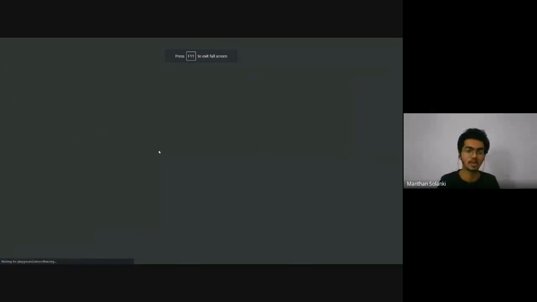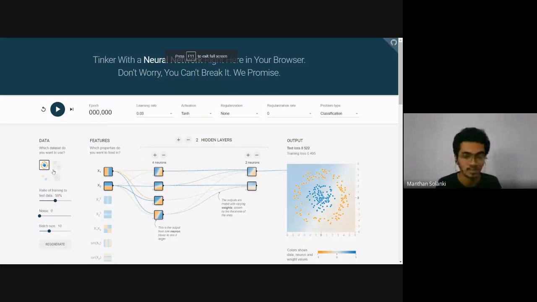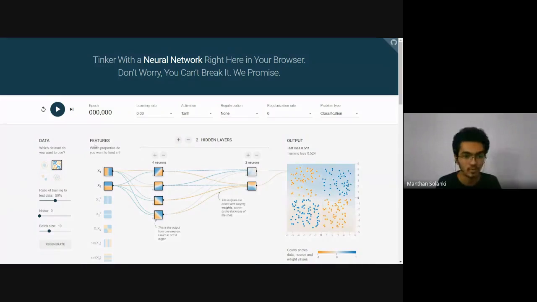You can check out this website first. This is the graphical representation of a neural network. Let's say we have input data that looks like this. We have two neurons in the first hidden layer with four hidden neurons and two in the second layer, and this is the final output. I am taking a learning rate of 0.003. For the activation function you can select any; let's say ReLU or tanh.